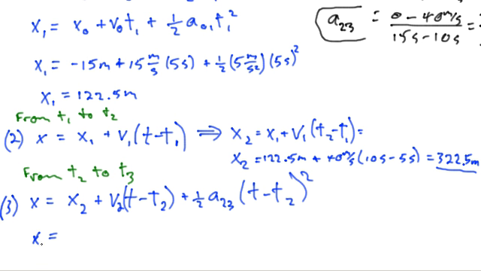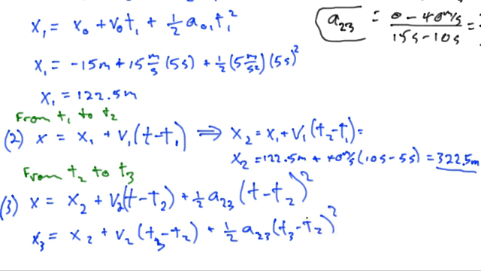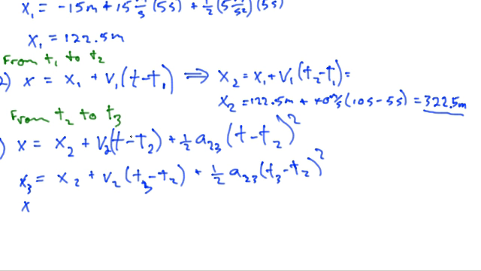So x3 is going to be equal to x2 plus v2 times t3 minus t2 plus 1/2 a23 times t3 minus t2 squared. And so x3 is equal to